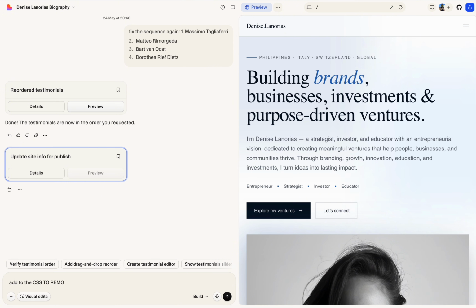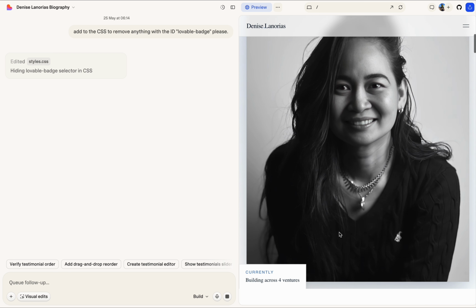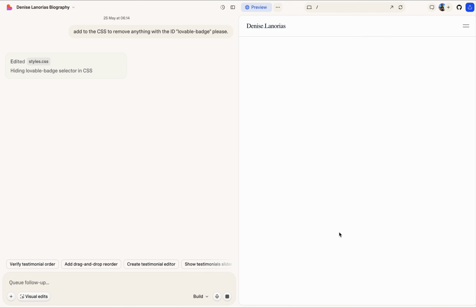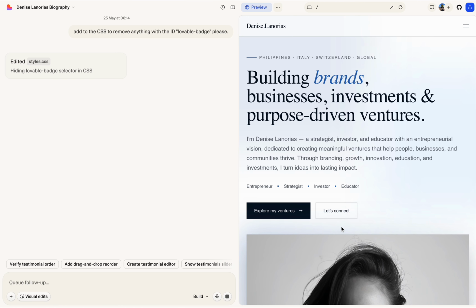So all I have to do is command the AI with this prompt: add to the CSS to remove anything with the ID Lovable badge. And please. So immediately the AI can do that for you. It will take just a few seconds, really, probably about 10 seconds or so. Give the AI time to edit everything. It won't appear here, but later on, as you check it, it will also